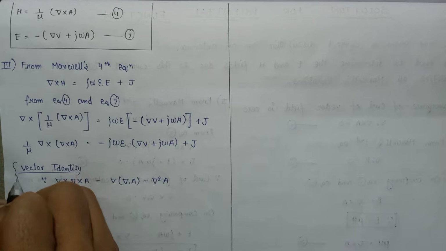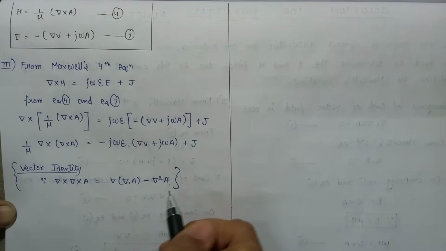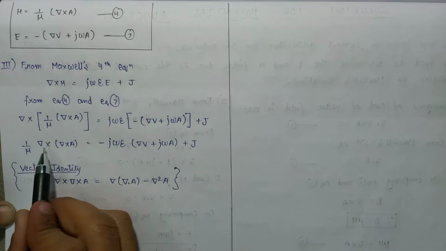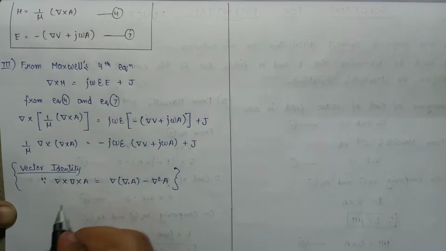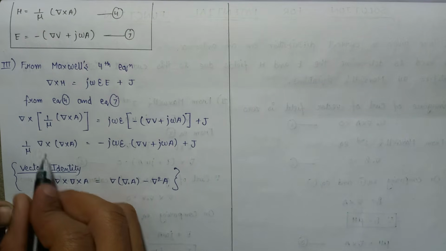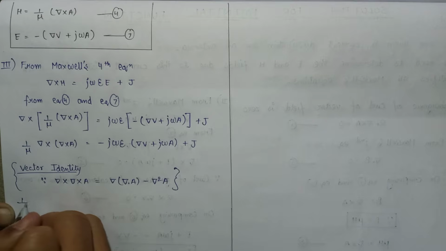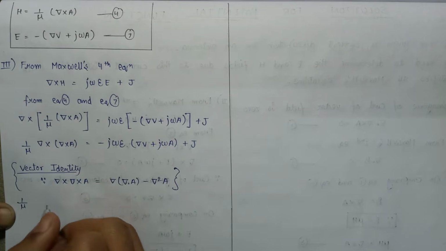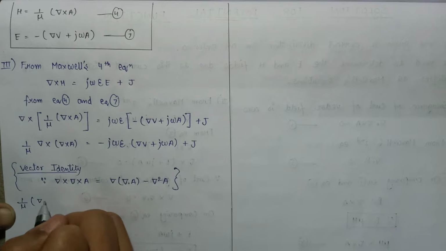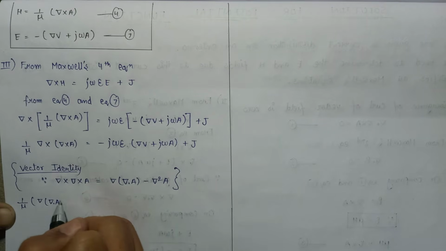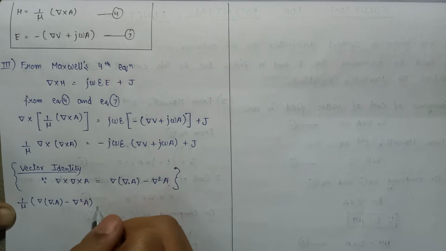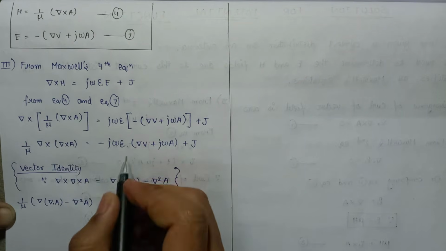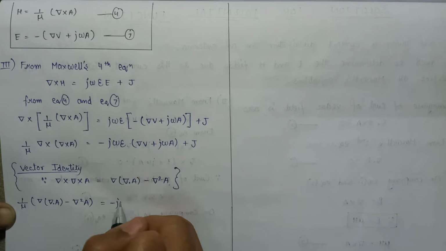So this is nothing but vector identity, and we will use this expression here. So simply replacing this expression here, we will write 1 over mu, in place of this we will write this expression, so del divergence of A minus del 2A, and it will be equals to minus of j omega epsilon,